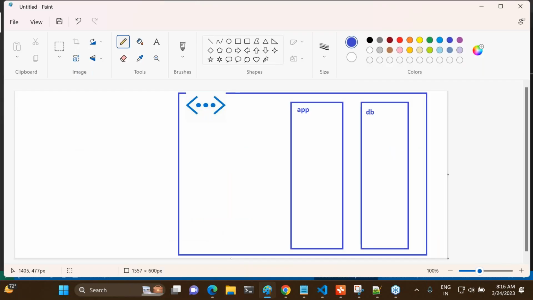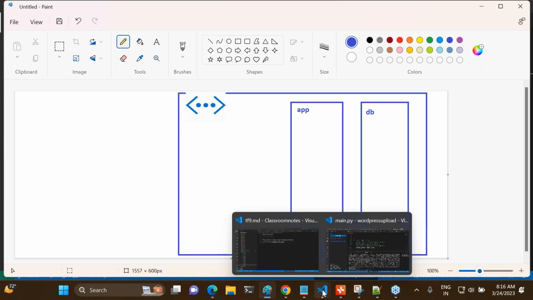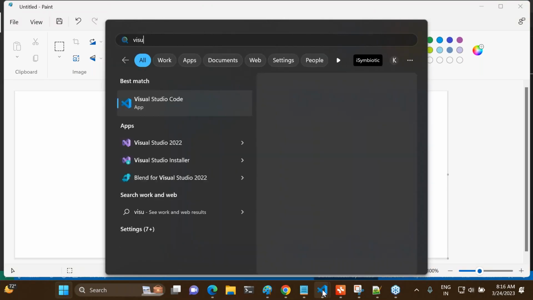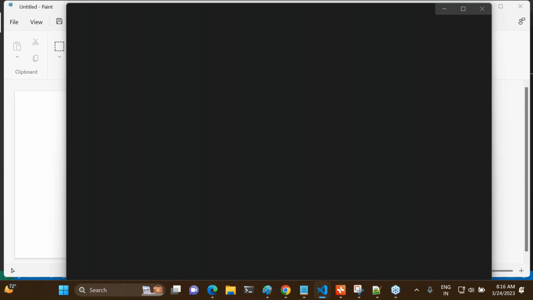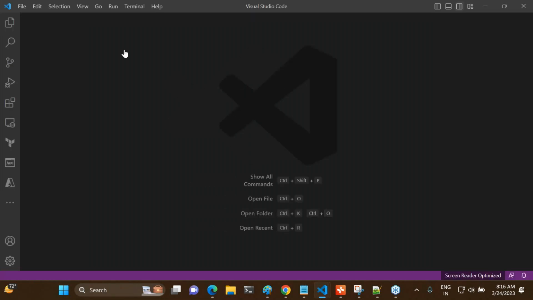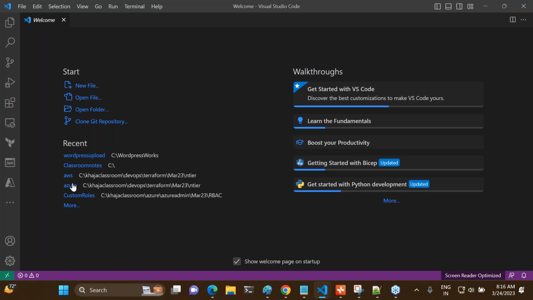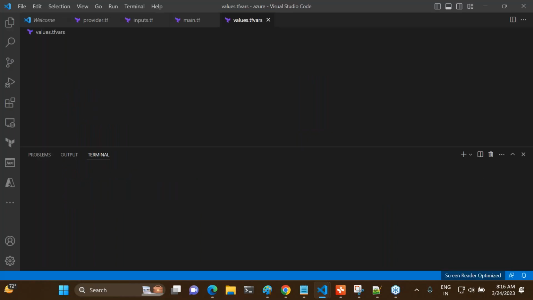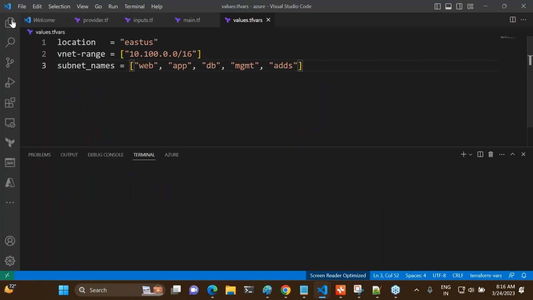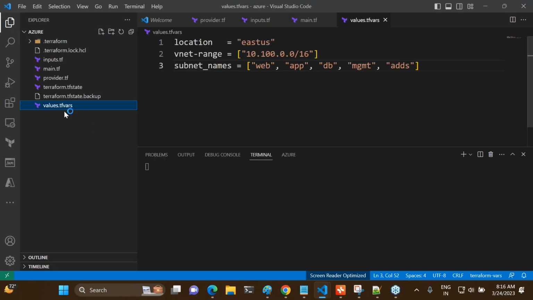Only two subnets. If you remember yesterday we have created three. So shall we change that? Can we change that? Yes. Right. Okay. Now, first thing is